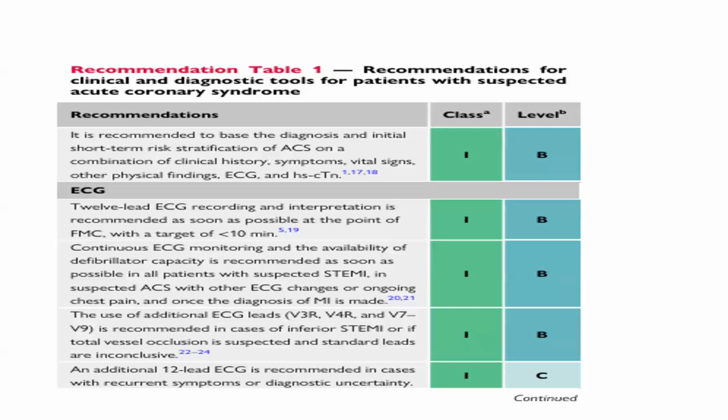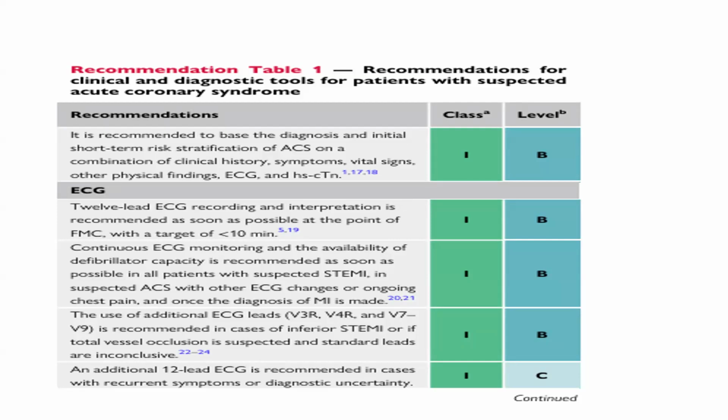Recommendations for clinical and diagnostic tools for patients with suspected acute coronary syndrome. It is recommended to base the diagnosis and initial short-term risk stratification of ACS on a combination of clinical history, symptoms, vital signs, other physical findings, ECG, and HS troponin. A 12-lead ECG recording and interpretation is recommended as soon as possible at the point of first medical contact, with a target of less than 10 minutes. Continuous ECG monitoring and availability of defibrillator capacity is recommended as soon as possible in all patients with suspected STEMI,